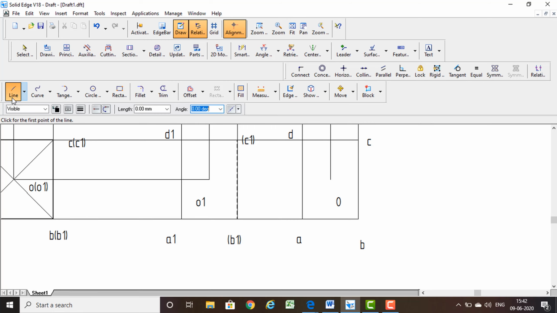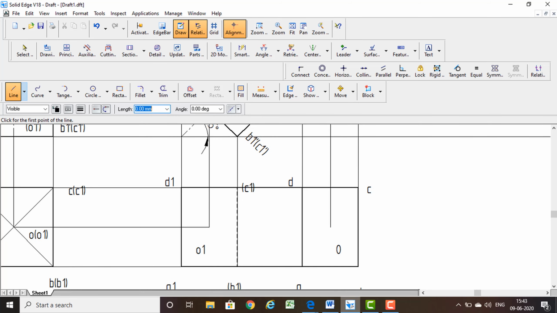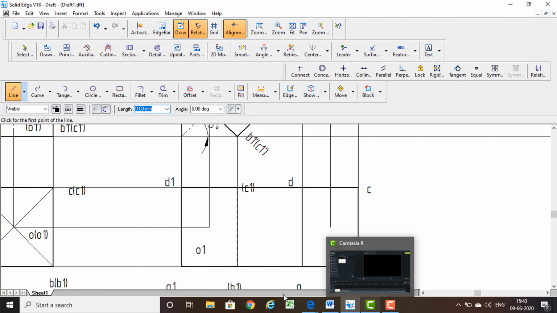Okay, so next, the outermost must be dark, or the top face must be dark, because the top face is nearer to the observer. It must be a continuous line. So this is the top face. When it shows the end point symbol only, then only we have to click. Okay, so next one is outermost must be dark. See, this is outermost must be dark. Okay, so this is the top view, right? So top view. So this satisfies the second condition, that is inclination with respect to the HP.